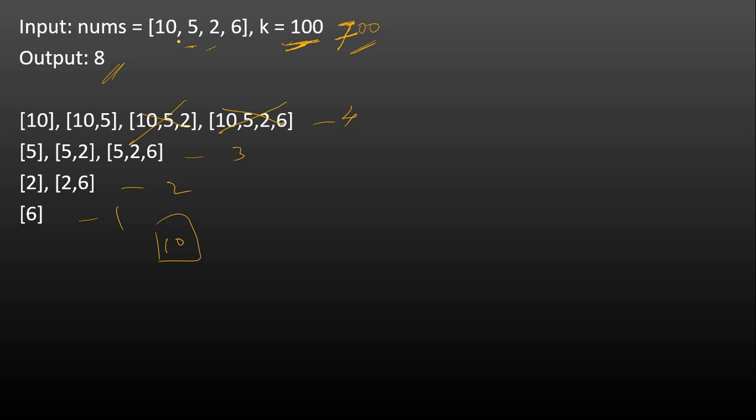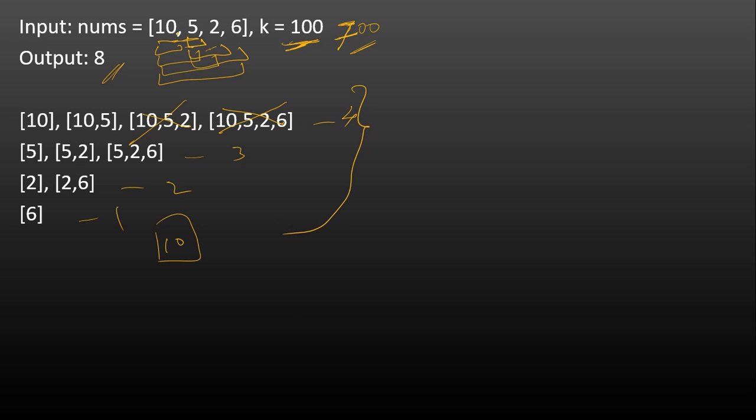So the way we checked was we first took one number and then we took the next number along with that one number. So first 10, then 10 5, then 10 5 2, then 10 5 2 6. We started adding each number from the right into our list. So our list will be first of only a single number, then the next number, then the next number and then the next. After that I will increment my left counter so that I start my list with 5, then 5 2, then 5 2 6. So in our question, if instead of count I would have to return the actual list containing all these numbers,